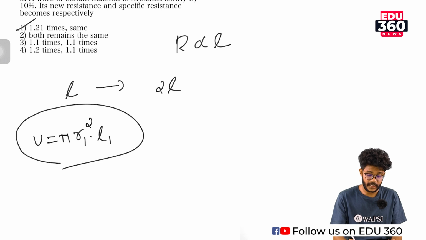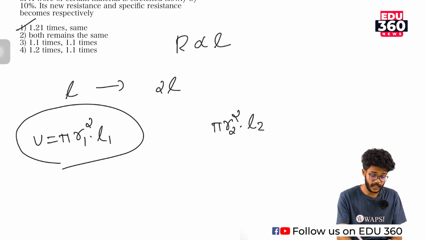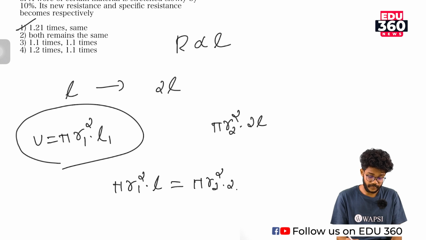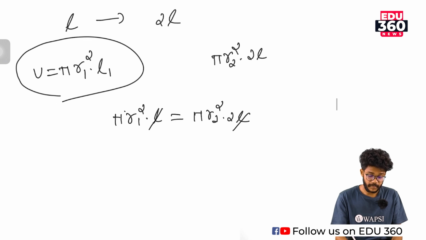In the second case, the volume is pi r2 square into L2, where L2 is 2L. So pi r1 square L is equal to pi r2 square into 2L. L and L get cancelled, and pi gets cancelled, and r1 squared is equal to 2 r2 squared, or r2 is equal to r1 by